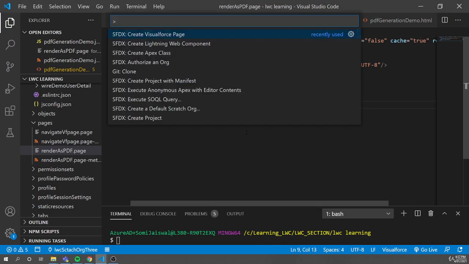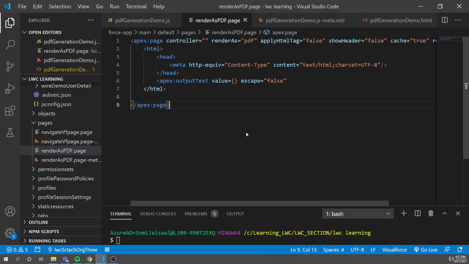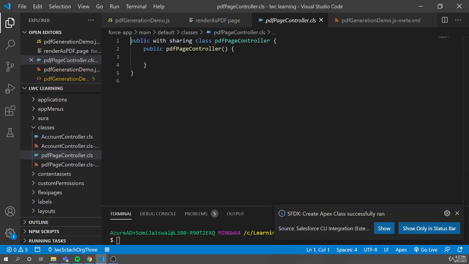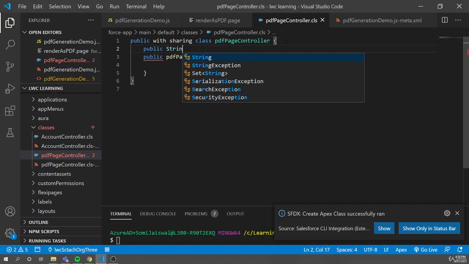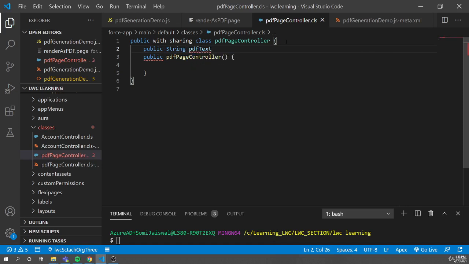Let's go to the command palette and say create Apex class, and I'll say PDF page controller. So this is my controller now, and in this controller we'll first create a getter setter. So we'll say public string, and I'll name it whatever the text is, like PDF text. I'll say get set,